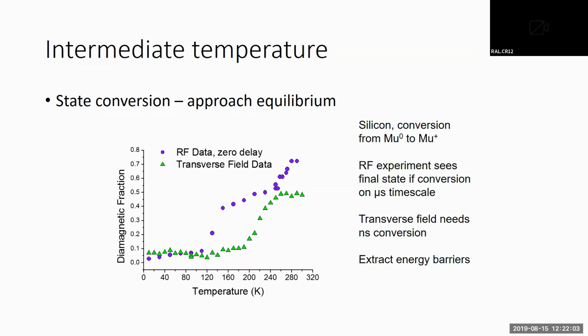If we do an RF experiment, we apply a longitudinal field to lock the muon spin parallel to its original direction. Then we put in a pulse at radio frequency to flip the spin if it's in the diamagnetic state. Then we can see that this process starts to happen at lower temperatures. This corresponds to the time scale of a microsecond, because this is more nanoseconds conversion. So you can see, we can measure the time scales involved in the capture or ionization processes. We can do a pulsed delay RF experiment, which you'll see later.